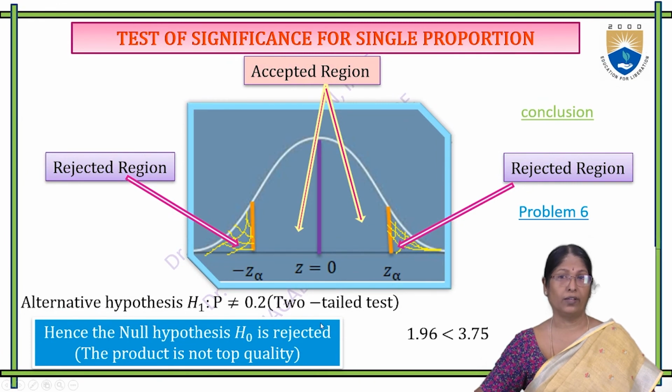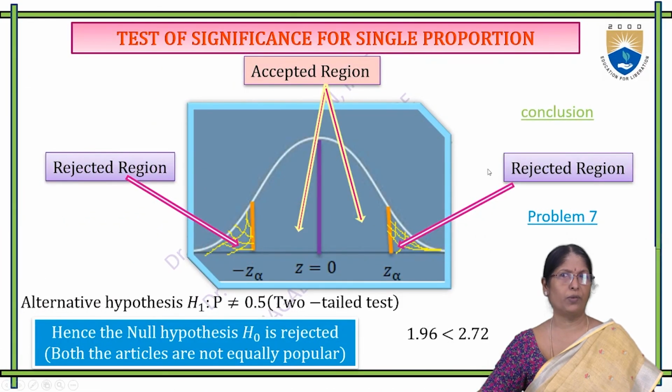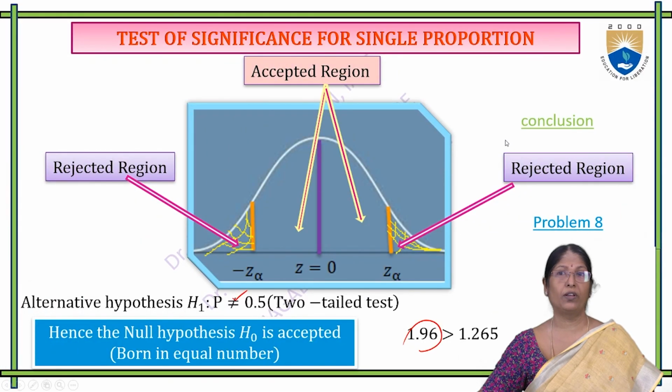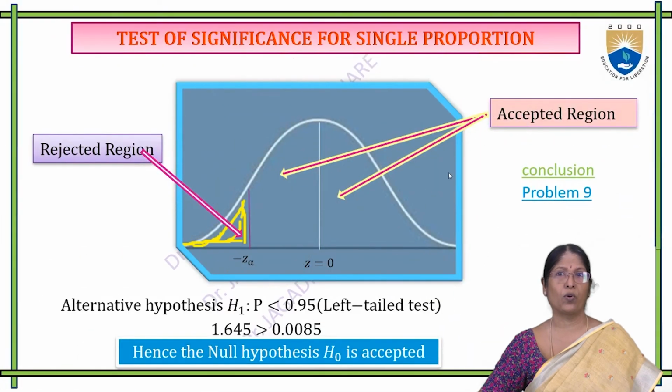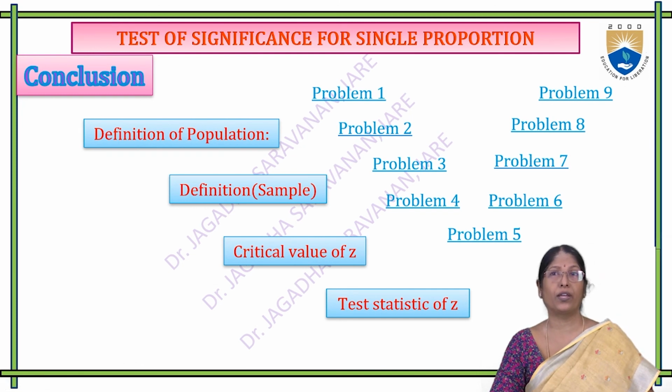Here the null hypothesis is rejected. Next problem: many problems we discussed in this video lecture. Next, the graphical representation with a two-tailed test. Then finally, we concentrated on the left-tailed test. So that is the complete knowledge about the test of significance, which is discussed in this complete video